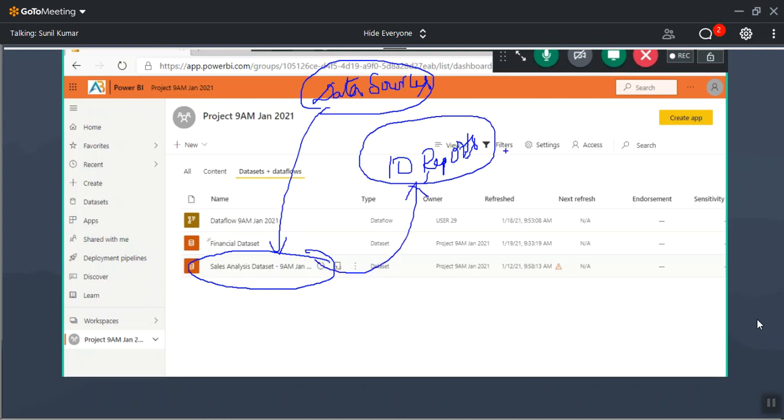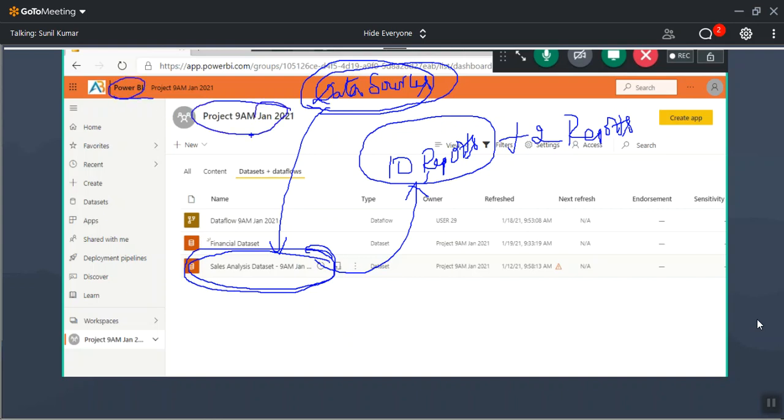Later on, my client is asking to create 2 more reports, along with the 10 reports. So using these data sources, I created a data set, published it to the Power BI Service project workspace, and using the data set, I created the 10 reports and shared them with my clients. Later on, in the same project, they're asking to create 2 more reports. Initially there were 10 reports only. Now I want to create 2 more reports. How can I create them?